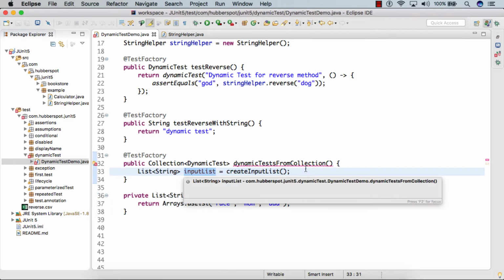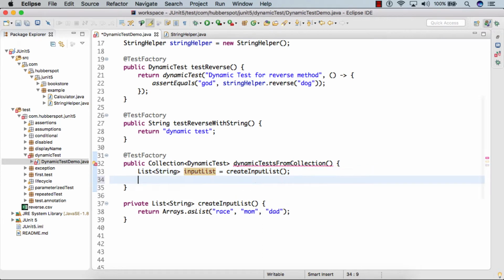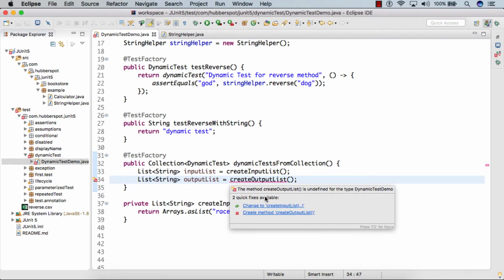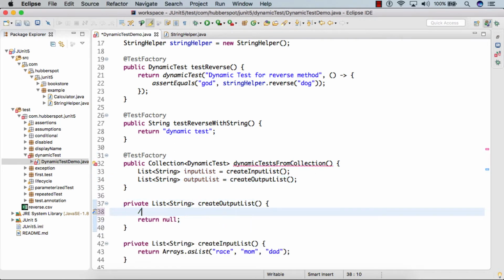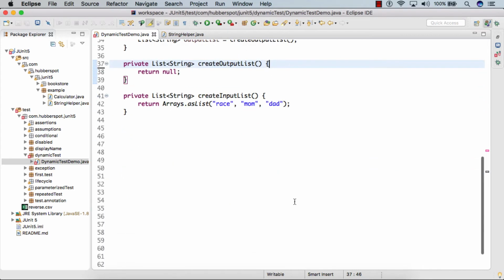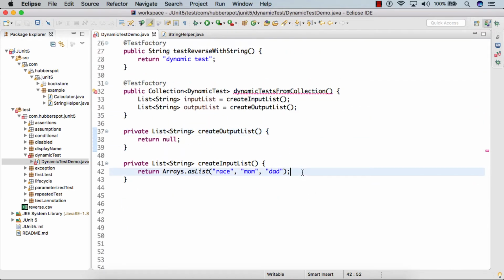And after creating the input list, we create, let's say, an output list. So here we are creating one more method, createOutputList, and here we'll simply return the reverse of these strings.